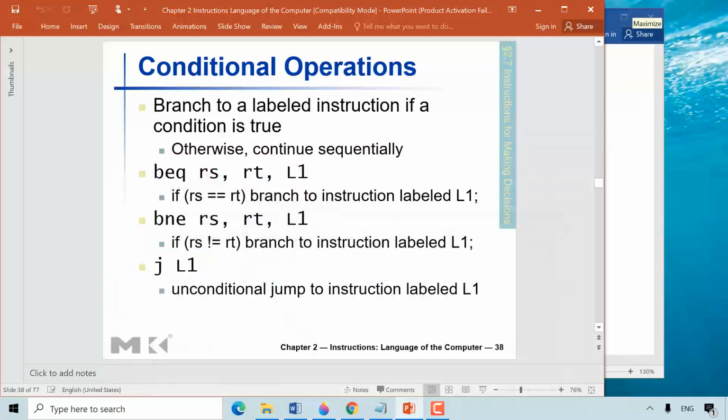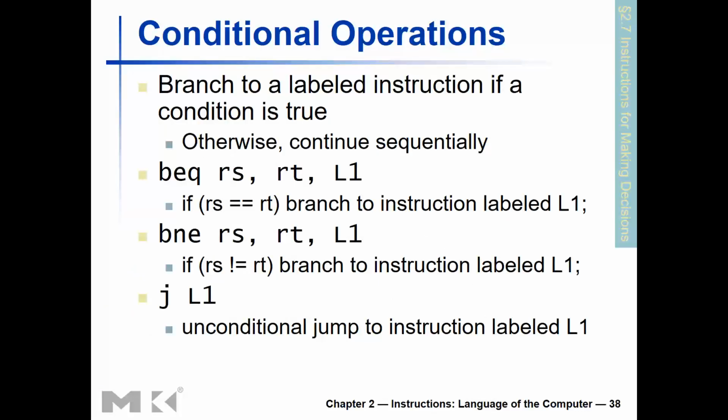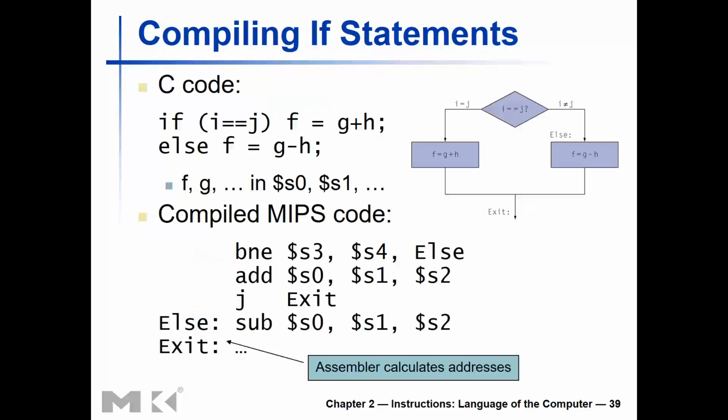Now let's see how we can implement if statements and loops using the branch if equal, the branch if not equal, and the jump instructions. Suppose I have an if statement: if i equals j, then I do something, else I do something else. This can be one line, and I'll call this y, and y represents one statement or a million statements, it doesn't matter. So if something is equal, do y, else if something is not equal, then do z. How can we implement this